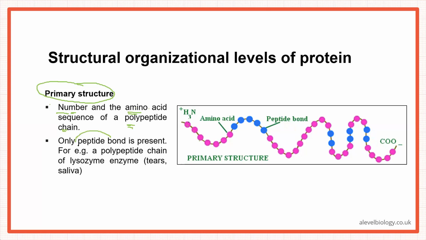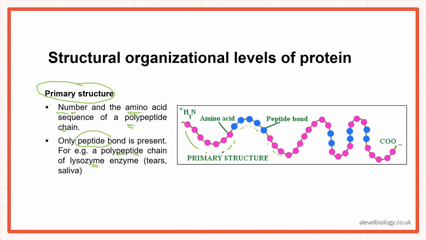And only a peptide bond is present. For example, they have given you the example of the lysozyme enzyme. So for example, the polypeptide chain of lysozyme, you can look at the primary structure. So this is one, they have shown a chain of amino acids. This is another, so they keep on joining together. So we end up having a chain there, and here they have shown you these bonds. So this is a polypeptide bond, but this is the primary structure. It will only look like this. Different sequence of amino acids joined together by condensation reaction.